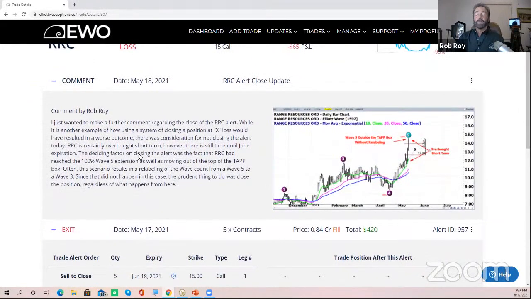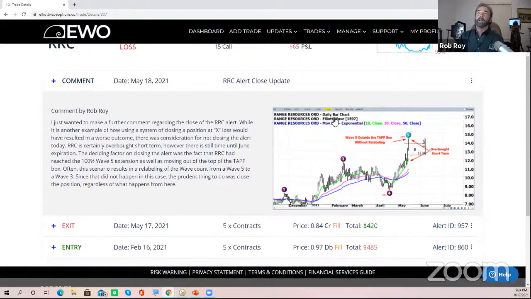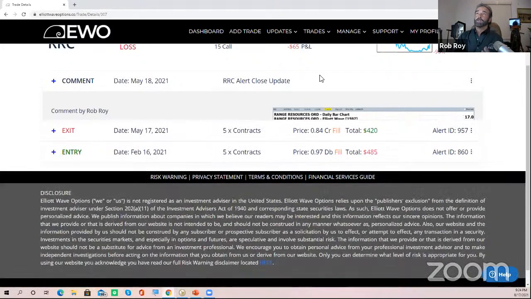Now, what I said here was the fact that often when you see a pattern like this, when we hit our target, you look to see, will that wave 5 relabel? Will the wave 5 turn into a wave 3? At this point in time, it didn't. So we made the choice to go ahead and exit the position and ended up taking just a small loss,